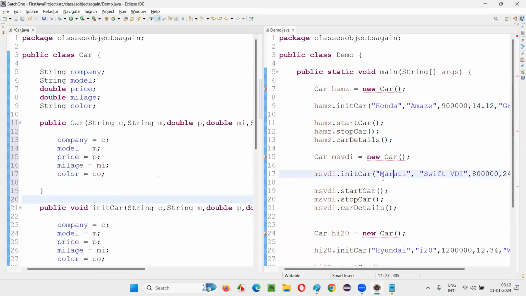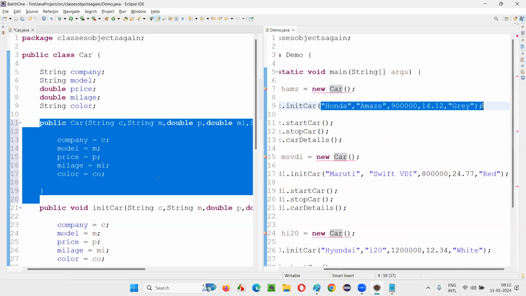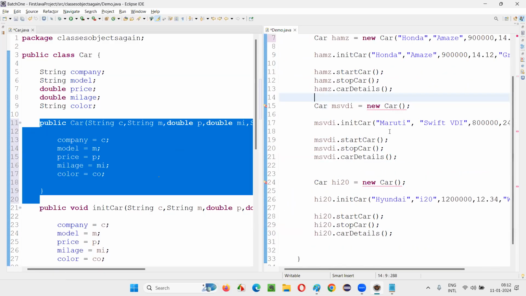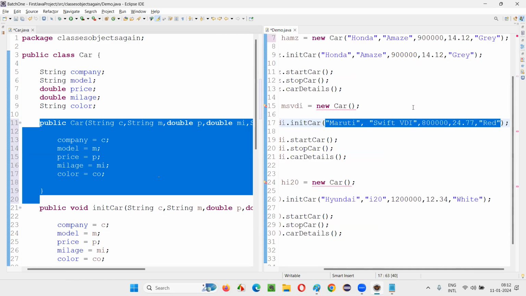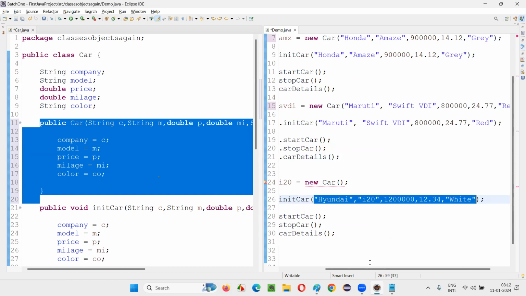That's it. Now I'm getting an error here in the constructor calling statement. Why am I getting an error here? It is expecting parameters, arguments. The constructor has parameters. Now I have to pass the arguments from the constructor calling. This is a constructor calling statement, right? Here I need to pass the arguments because there are 5 parameters in the constructor. So now I have to pass 5 arguments. Error gone. Here also the same thing. All the 5 arguments I'll pass from this constructor calling statement.